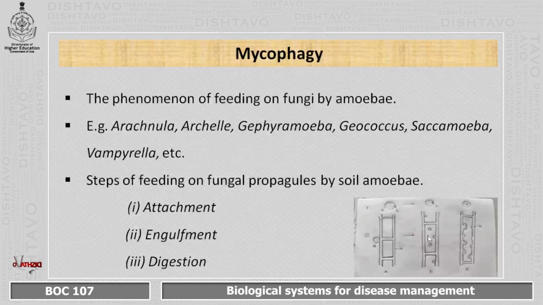Then engulfment. The fungal propagules are finally engulfed by the amoeba. Here you can see small attachments of the amoeba inside the hyphal cell, and the spores have also entered into the hyphae or the conidia which is formed. It starts making perforations, and later on it will get digested. In digestion, the completely or partially engulfed propagules or the fungal cytoplasm are digested into vacuoles.